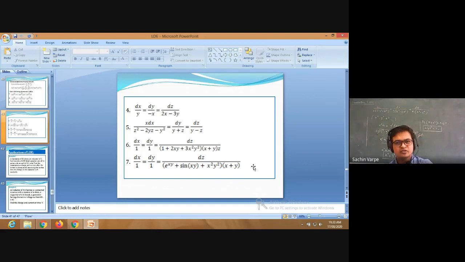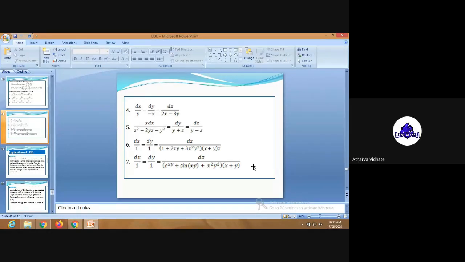So either first or second solution by method of grouping. Again, the order is not important. I'm telling by considering the multipliers and then by equating ratios. That doesn't mean the order is important, isn't it? Order is not important. Anyway, we want two linearly independent solutions. Sir, do the second one. Second means second solution. All right, so I'm doing the second.